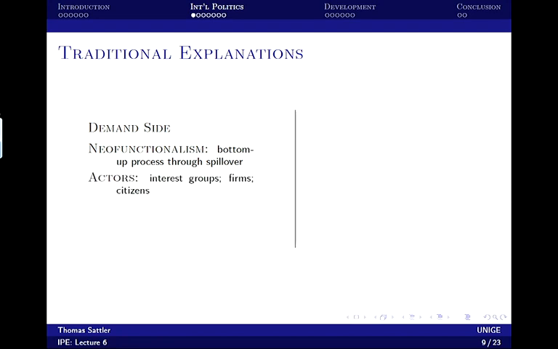Well, the main actors are firms and to some extent citizens, to the extent that they work in these firms or benefit from it. So the actors are interest groups who want to have more, who are motivated by reaping more economic gains. And these gains are limited before integration by transaction costs and uncertainty. So which are the transaction costs that are problematic for these firms?